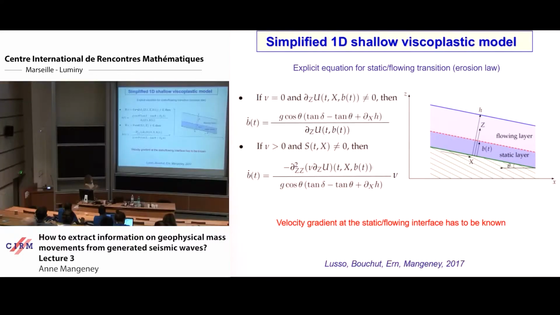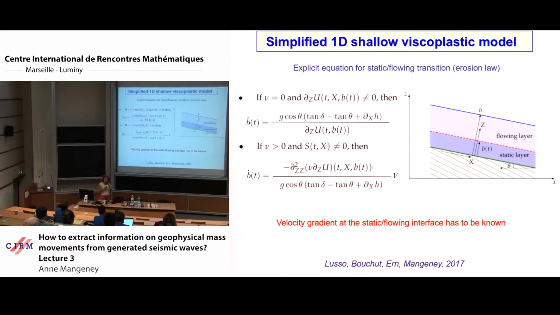And so the other terms are, here theta is the slope angle, delta is the friction coefficient, and this depends also on the gradient of h, which is 0 here, but which could be different from 0. And now if you take into account the viscosity, which is the case actually, then it's much more complex and you have something that depends on the third derivative of the velocity field.